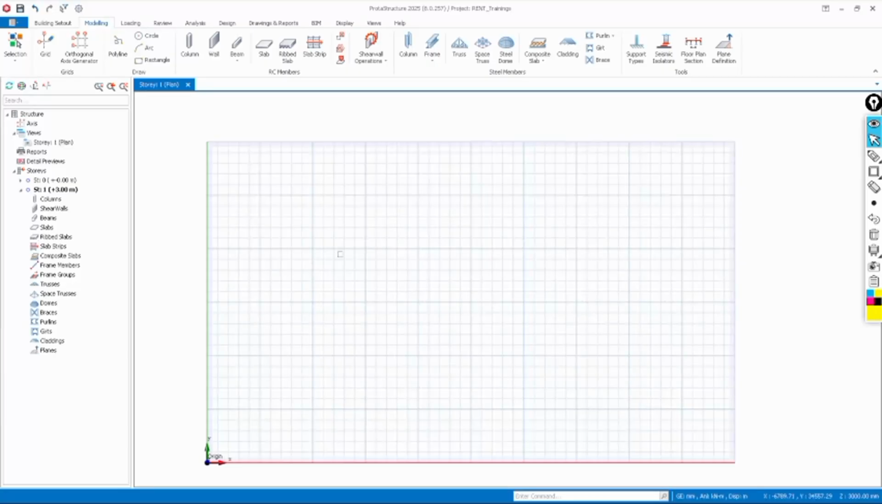So you cannot model your columns, your beams, shear walls without having created your axis, because it is at the intersection of different axes that you can actually place your columns, your beams, and every one of your members. Okay. So now moving on, there are basically three different ways that we can actually create our axis